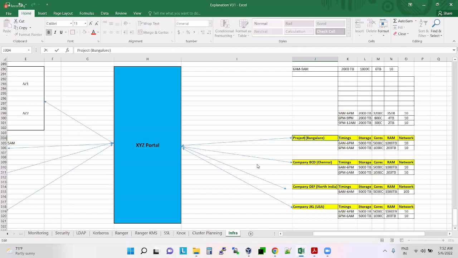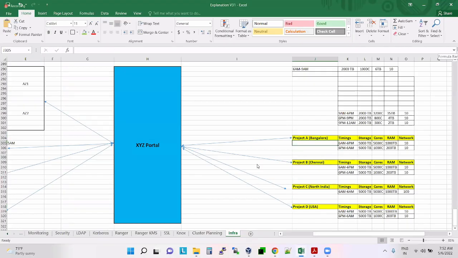Project A, project B. So these projects are from which company? Project D. Understood, guys?